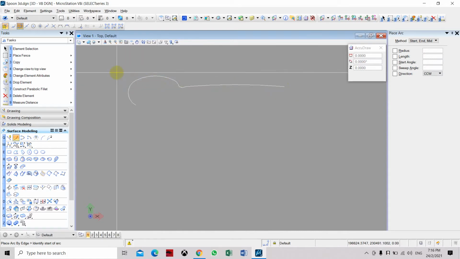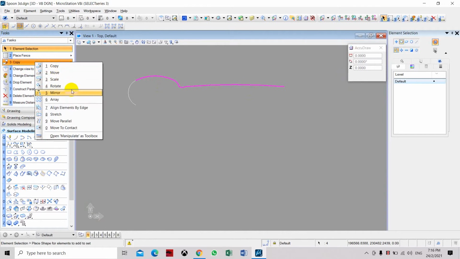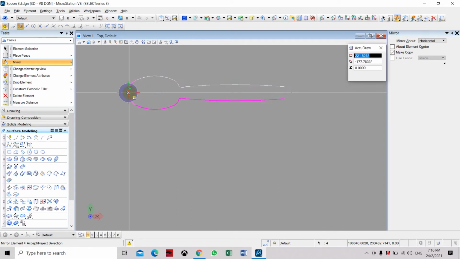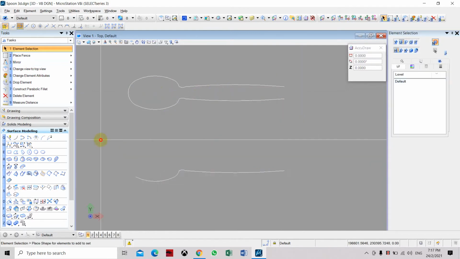First edge, we are going to mirror these edges. One side, select mirror. Make sure make copy is checked. Select the center. Now we have created the